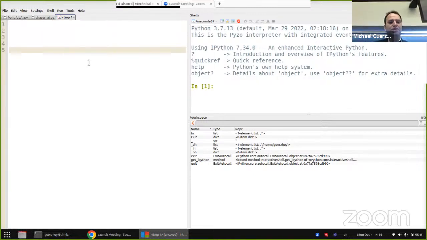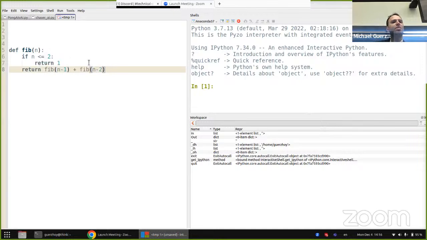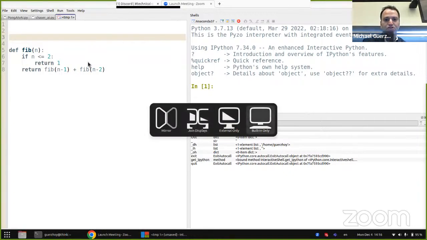I want to come back to talking about complexity of recursive functions. So we had something like this, right? If n is smaller or equal than 2, then we return 1. And otherwise we return fib of n minus 1 plus fib of n minus 2. And the way you generally approach this,